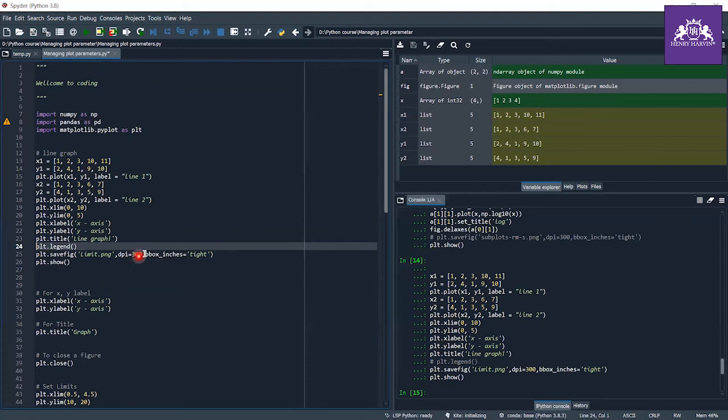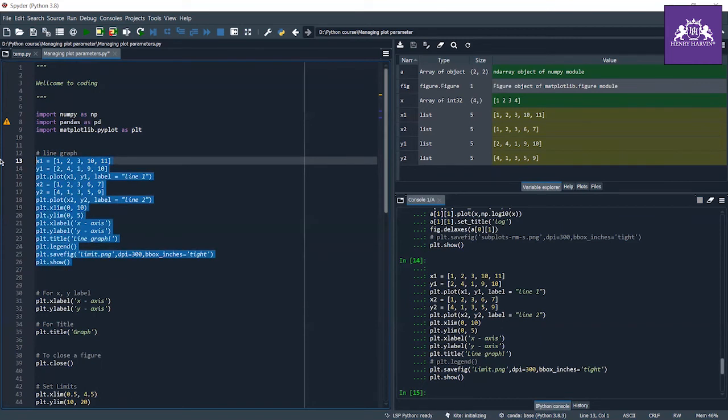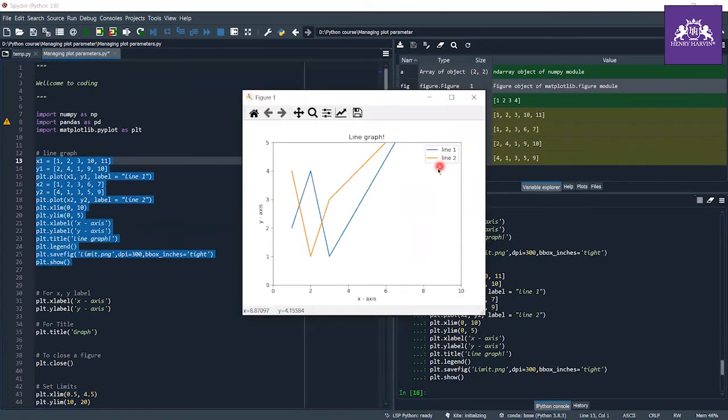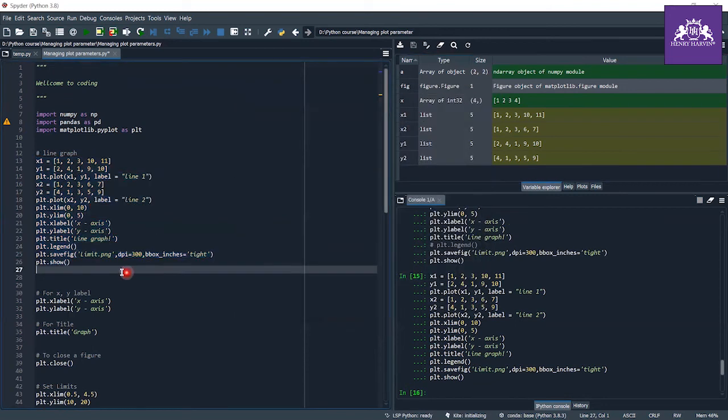If you write it elsewhere, or on top of the line graph code, then it will not get shown. When I execute this, you can see the legend. That means my blue line is line 1, and my orange line is line 2. So that's all for the legend.